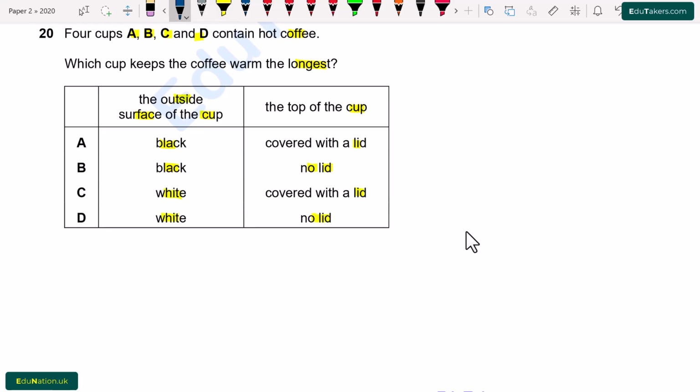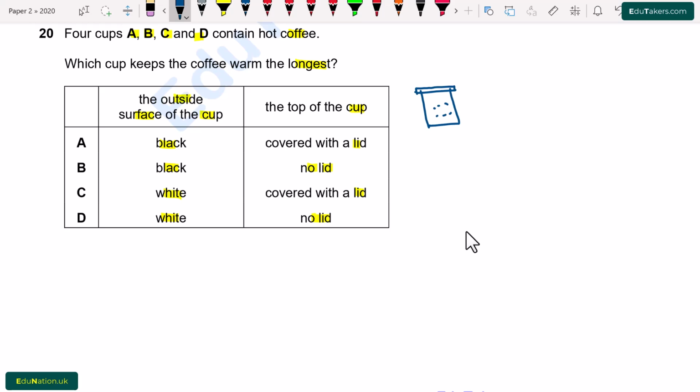So first of all we have a cup and it contains hot coffee. And if there is a lid on the top of this cup, then no heat enters or leaves this cup. So the first option is that the top of the cup is covered with the lid. So what about the outside surface of the cup? Either it is black or white. So basically black colors are good emitters. That's why if this is a black surface, then most of the radiation, which is heat radiation, is emitted out, so that the coffee may cool.